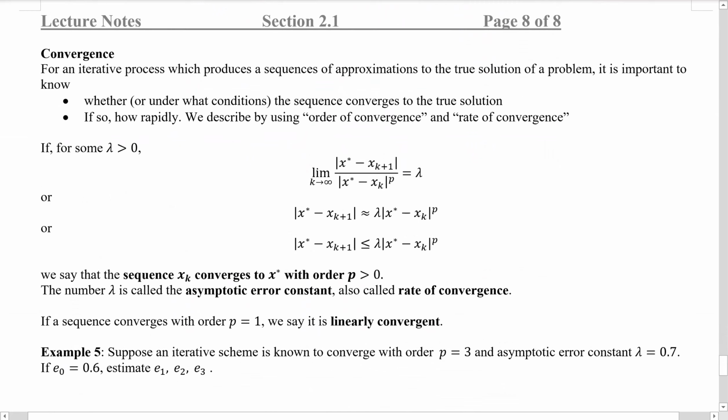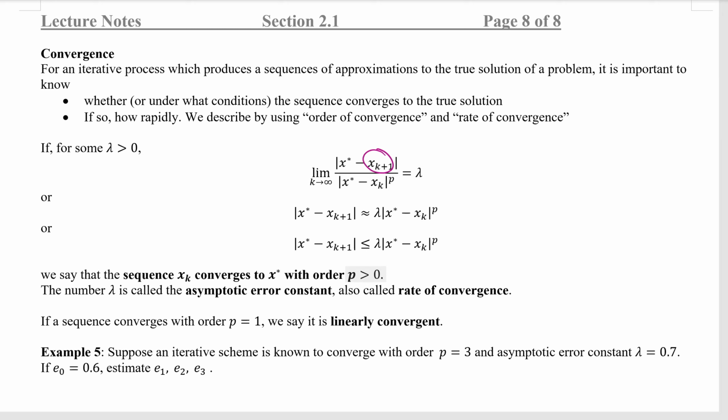Okay, convergence. For an iterative process which produces a sequence of approximations to the true solution of a problem, it is important to know whether, or under what conditions, the sequence converges to the true solution. If so, how rapidly? We describe this using the order of convergence and the rate of convergence. So if for some lambda greater than 0, the limit of the absolute value of the difference between the true value and the approximation in the k plus 1 step